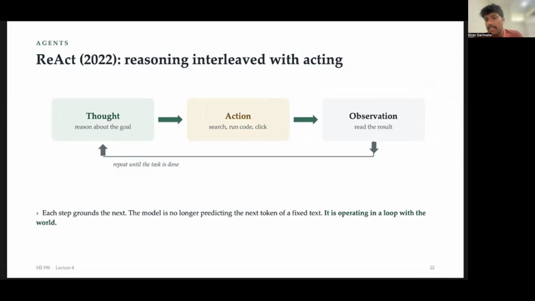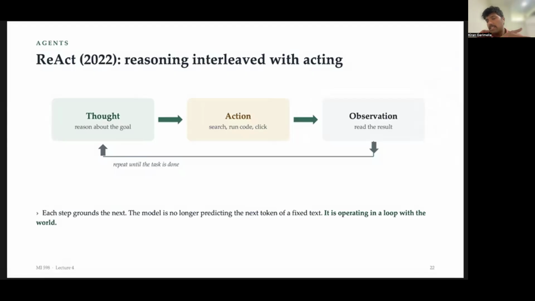And the paradigm here is different, because a plain language model, just like the ChatGPT interface that we are all used to, just generates text and stops, right? And ReAct, or the sort of agent, takes that text and then does some operation on top of it. It looks at what the outcome is and then goes back and does a loop over it. And so here the model can gather information it did not have, recover from a wrong step, and ground each decision in real results rather than what it had done prior.